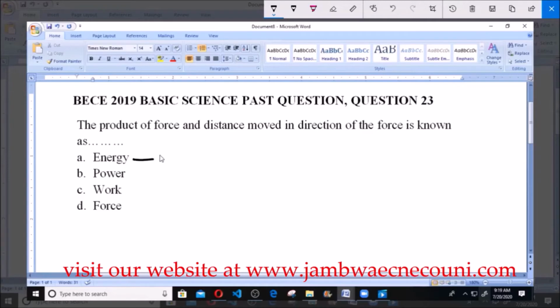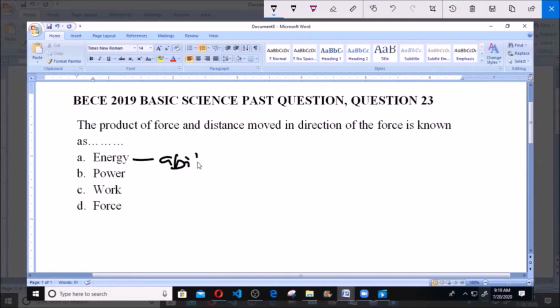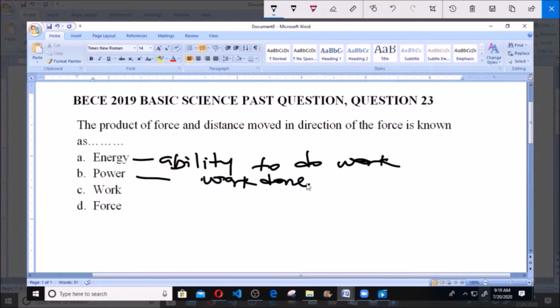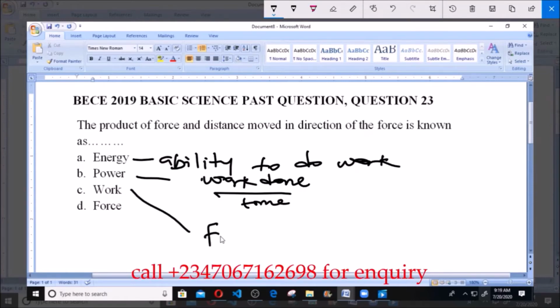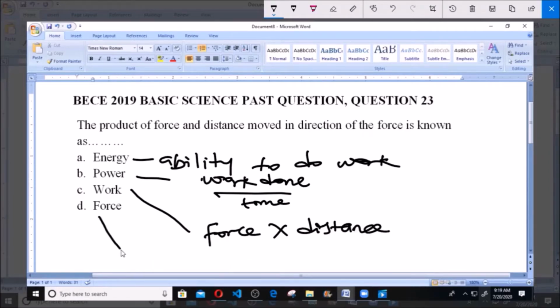A says energy, and we know that energy simply means the ability to do work. And power here means work done over time taken. And work here simply means force times distance. And force, on the other hand, is that which